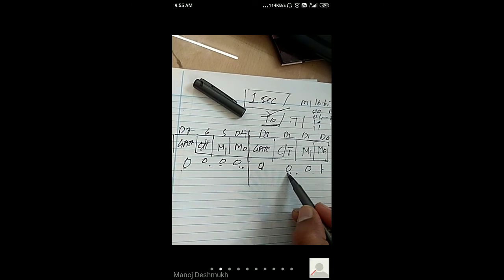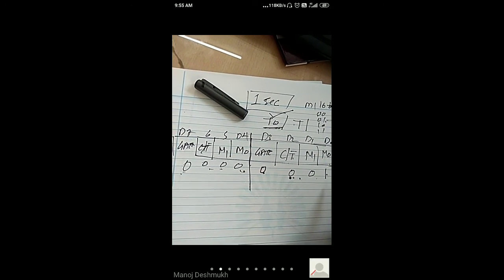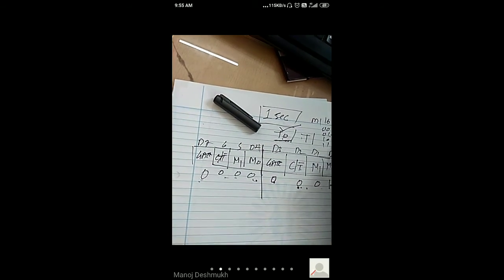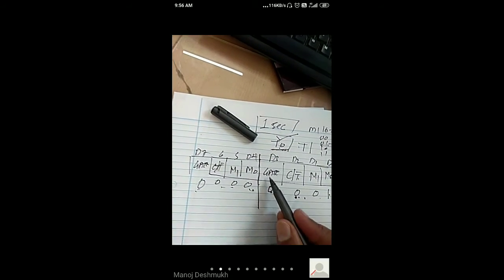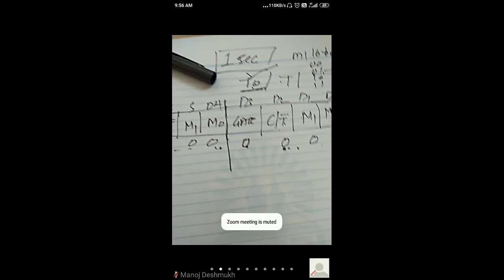C/T bar is 0 when we use the timer, and this is related to mode selection. So now we have selected timer 0 mode 1, and external interrupts are a don't care condition.